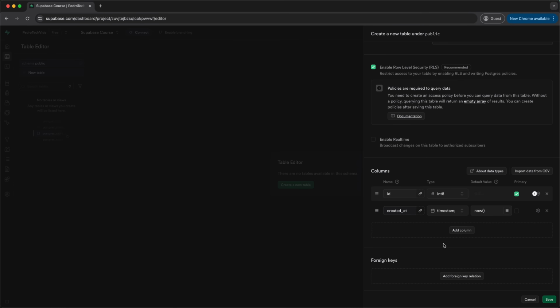By default, every table already starts with an ID column, which is of type int8, and it is the primary key of that table, and also a column for the created_at, which will be auto-generated when you add a new item, and it will just save when this item was added to the table. Now, if you want to add a new column, you're going to click on, obviously, the add column button over here,